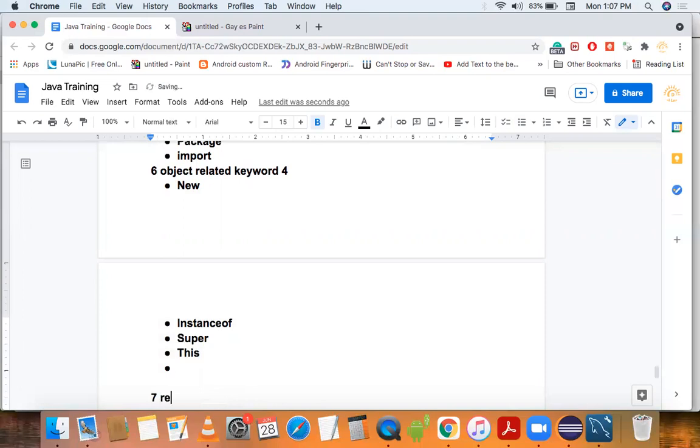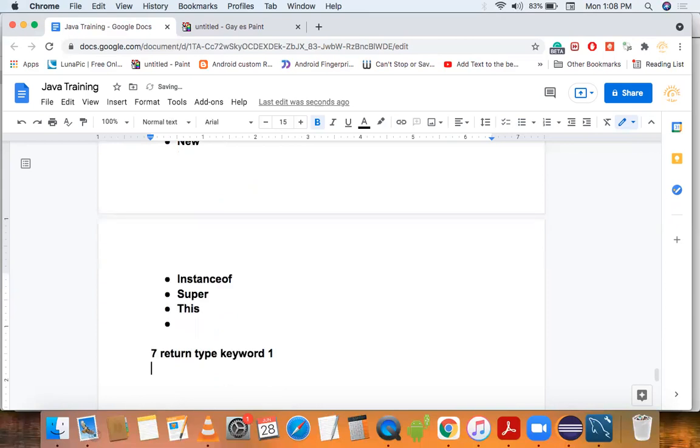Seven is return type keyword. We have only one return type keyword, and the name is void. Void is a return type keyword.